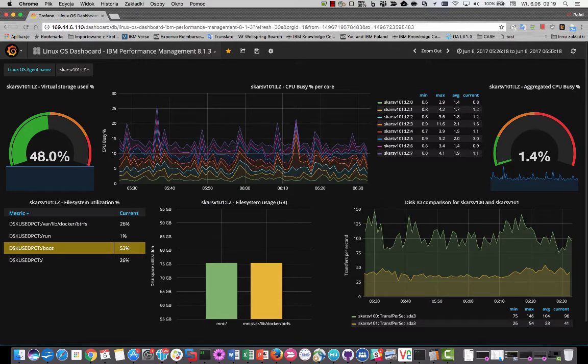On this dashboard we can see various types of panels. This one is a single stat panel that shows a single value. In this particular example it is percentage use of virtual storage, and it shows the current value. On this chart you see the line chart that shows